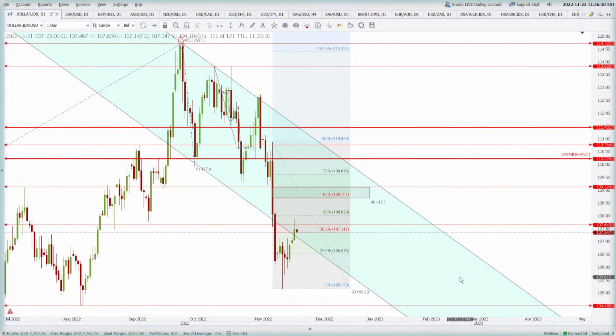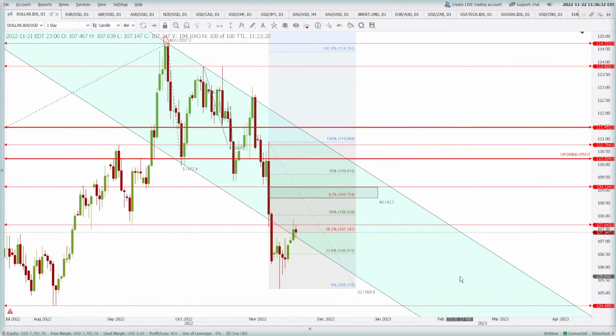We need a confirmation, and it has not even retraced to the 50% level, so I cannot say to short here. But I think if it is able to manage a close higher than 107.64 and proceeds to this area which I have shown with the rectangle, then I will be looking for a selling opportunity in this one. I think 62% is a